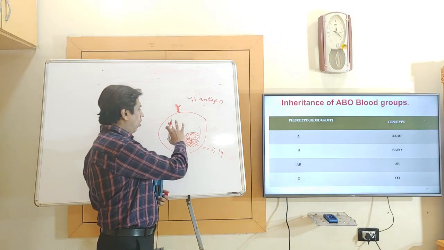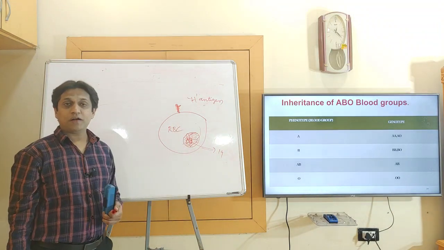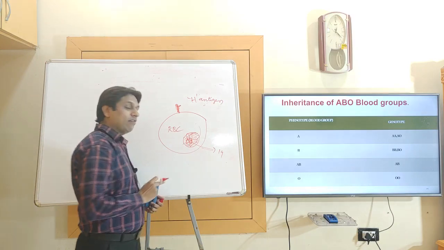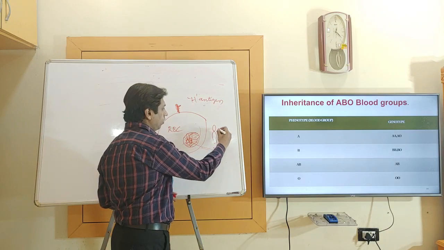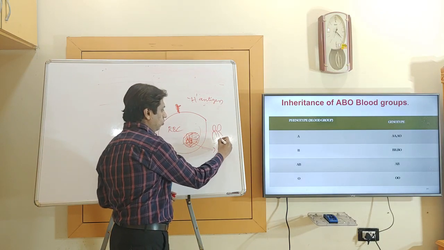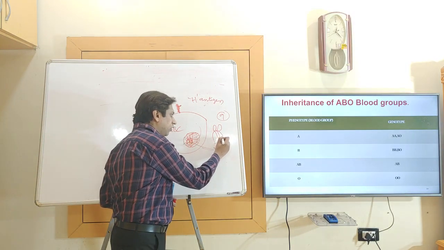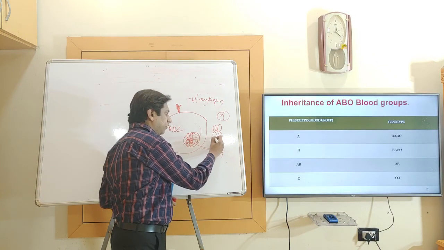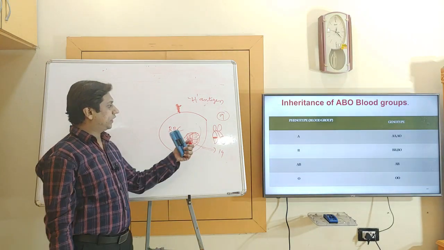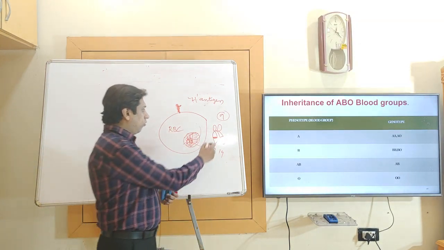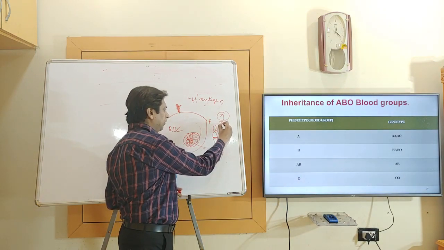Okay, so generally all blood groups, A, B, AB and O, have an H antigen. But specifically during development, on chromosome number 9, remember chromosome number 9, on the long arm of chromosome number 9, that is the genetic locus, there are genes present which will determine the blood groups.